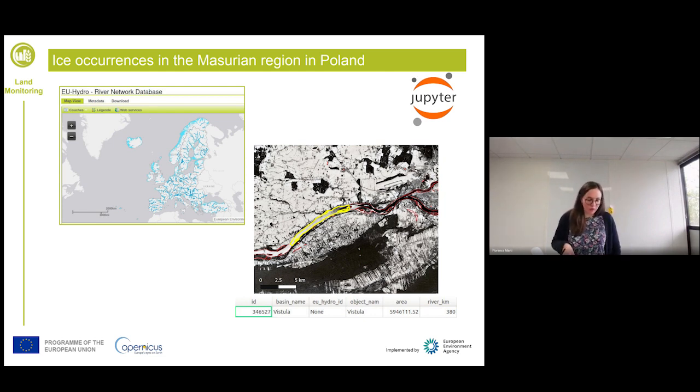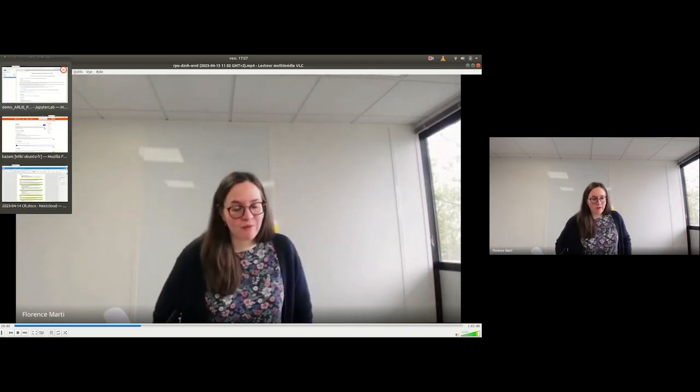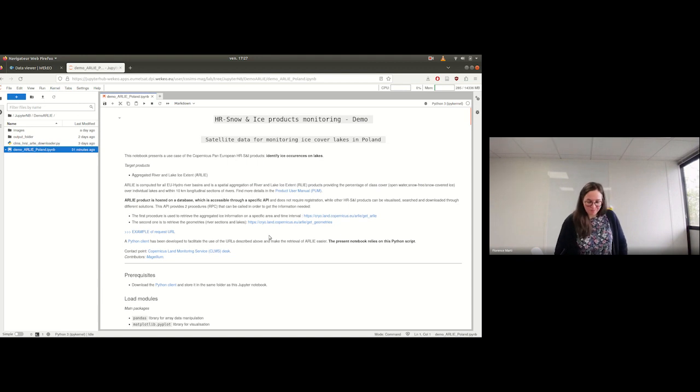So we are going to see how the aggregated river and lake ice extent product enabled us to detect some ice events, ice occurrences in this Polish region. And in particular, what are the benefits of this product? This product is light and does not require manipulating raster data. This might be easier for some of you who are not very familiar with those heavy files. And